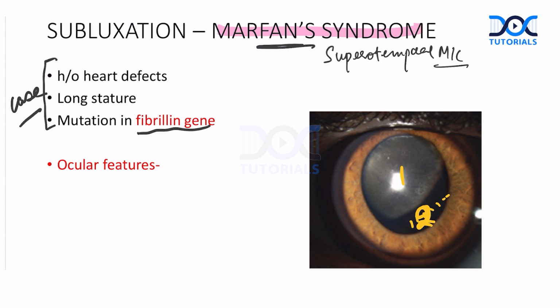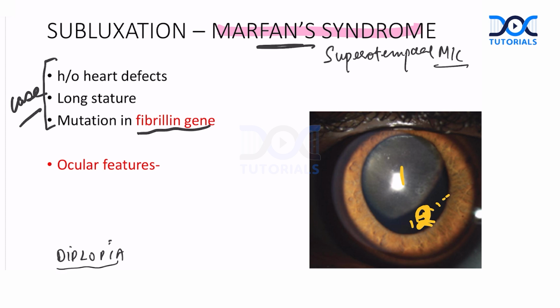Diplopia, isn't it a uniocular diplopia? Two images will be formed, one from the area which is phakic, having a lens. The other image will be formed which is aphakic. We don't have a lens here. So can I say the patient will have a complaint of diplopia? This is very, very, very important.